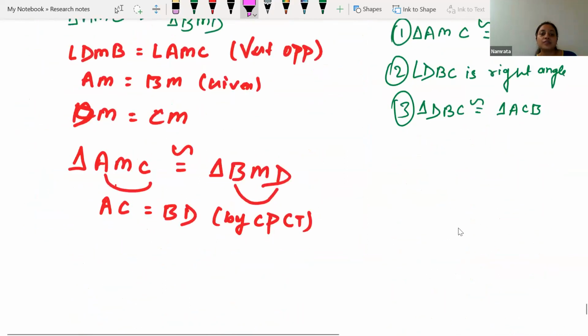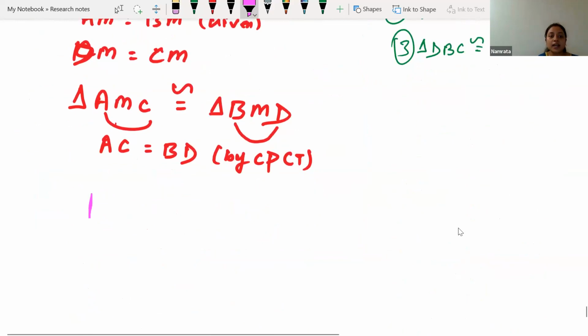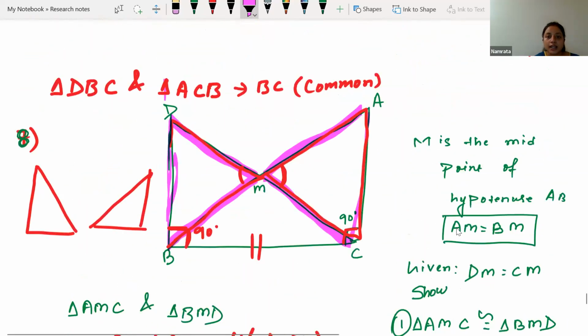So from here, I can say that angle A is equal to angle B from there. Angle C from here is equal to angle D from there. This angle A and this angle B are equal. Similarly, angle C is equal to angle D, because these are corresponding parts of congruent triangles. Okay. Now this information we can use while proving